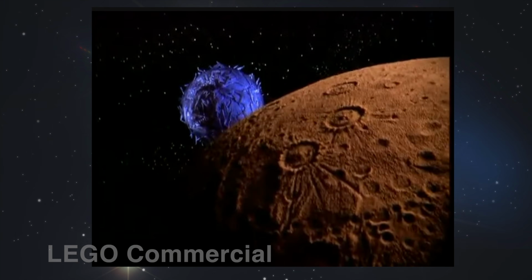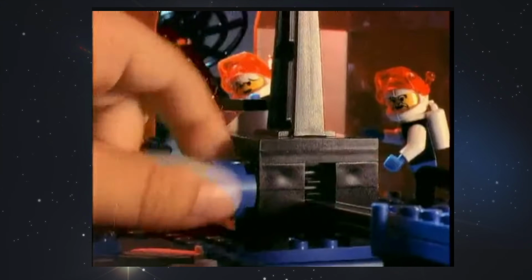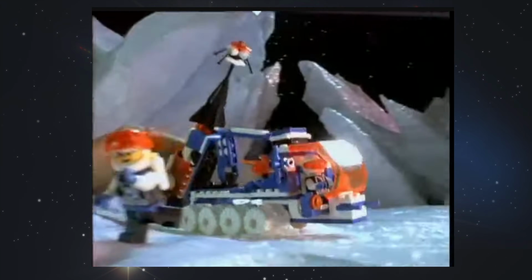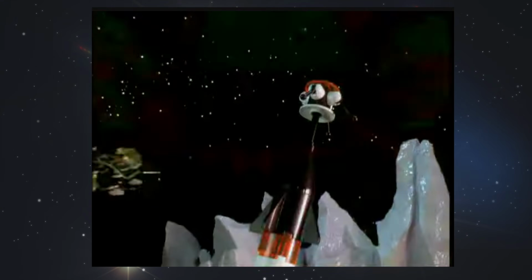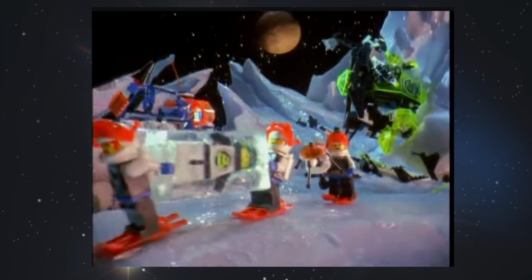There it is, the ice planet. Go for that super satellite. Blacktron attack. Lower the rocket. Save the satellite. I got it! Oh, no! Keep cool when you...